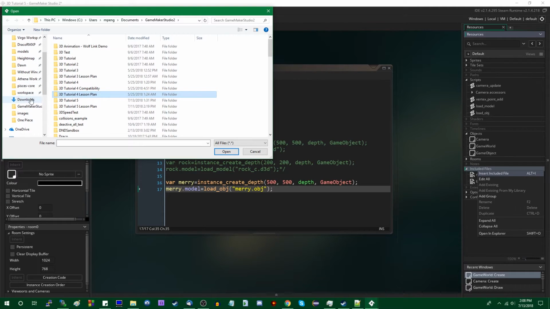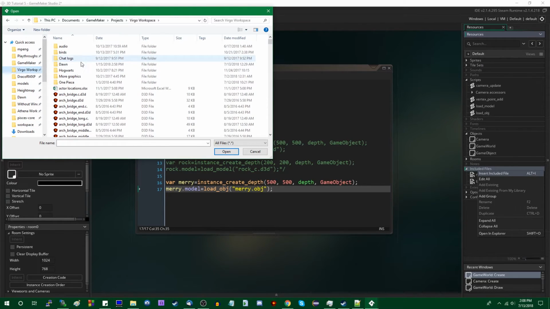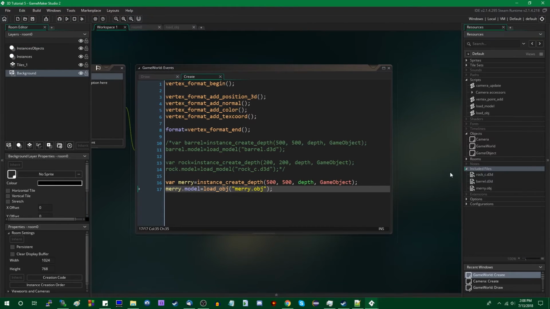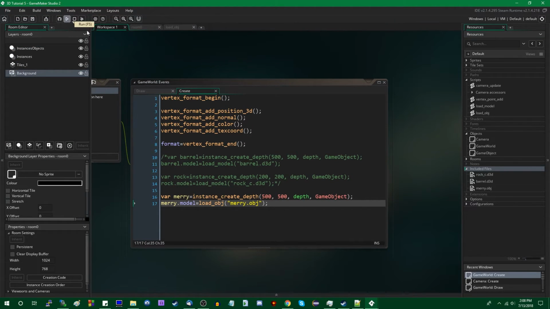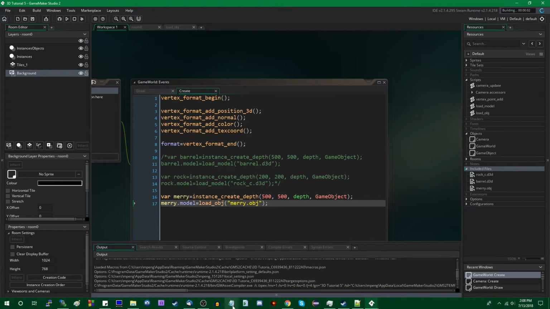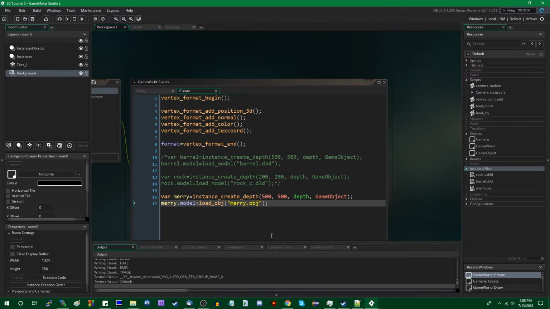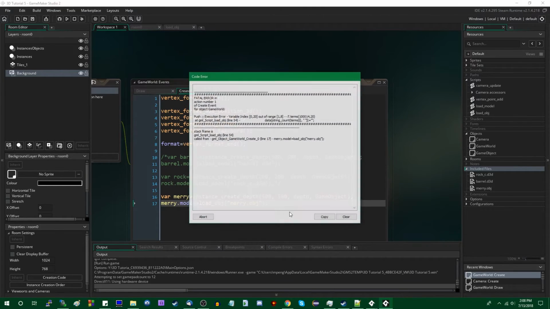And where are they? I believe it's in here. One piece. Mary.obj. And now hopefully when I run the game this will do what it's supposed to, and if it didn't, I've wasted 32 minutes of my time and I'll have to do this over again. And it crashes. Variable index out of range. Excellent.